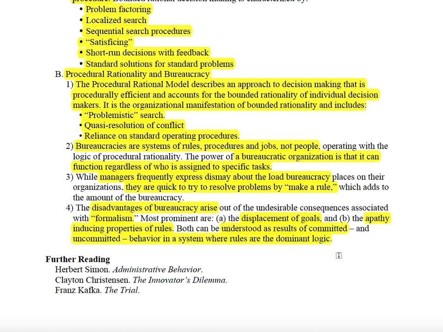And that's why we began our discussion of decision making with the notions of bounded rationality and procedural rationality. Those become the baseline in which we're really looking for ways to generate value. On the further readings I mentioned here is a book by Herbert Simon, who was the first person to articulate the ideas of bounded rationality in a book called Administrative Behavior. Herb Simon was a psychologist who spent his entire career at Carnegie Mellon University, and he was the very first psychologist to win the Nobel Prize in economics for